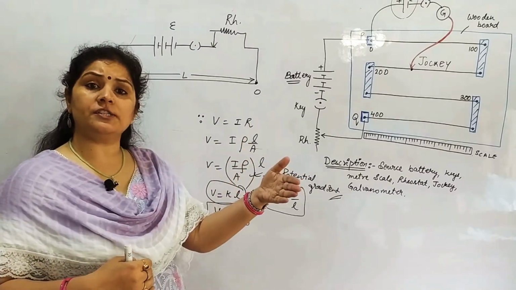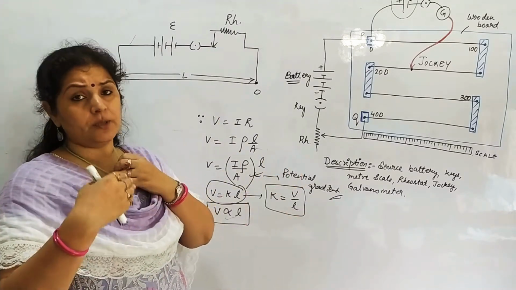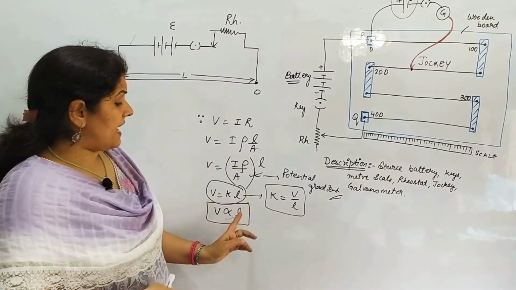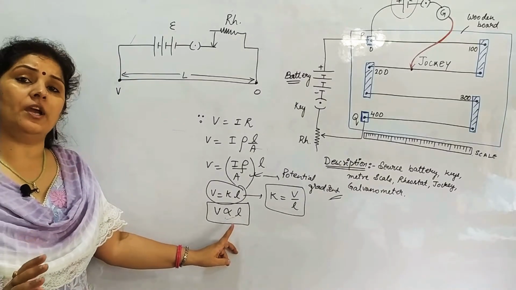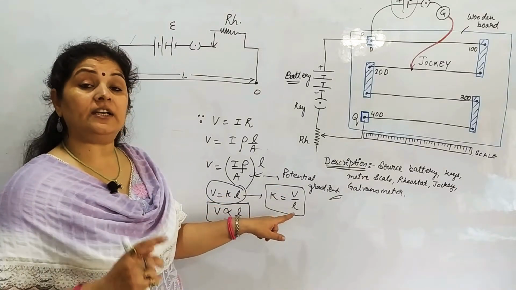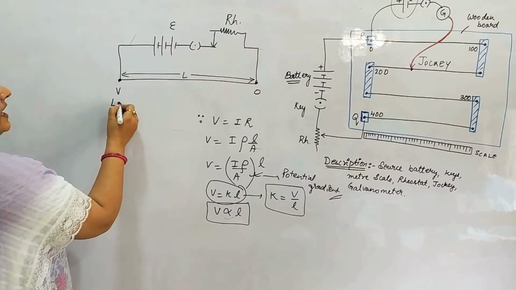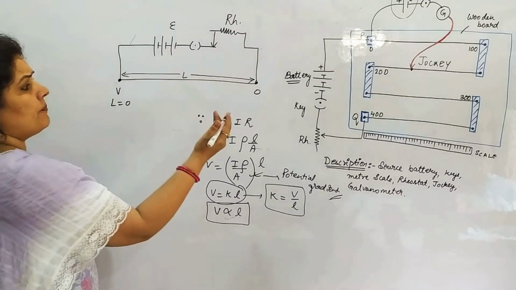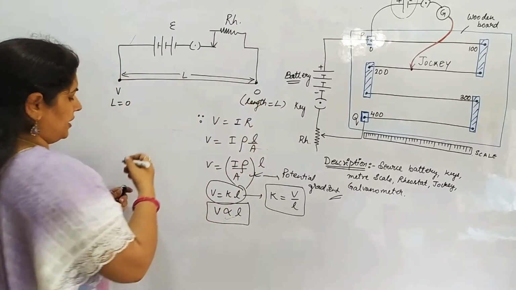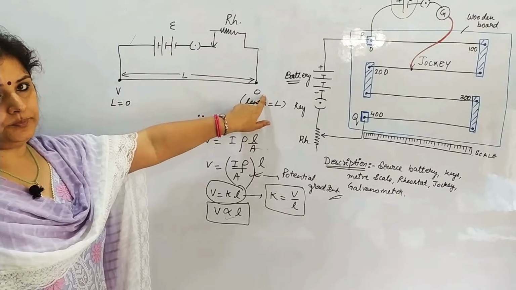So we have studied about velocity gradient, how velocity reduces. We have learned about pressure gradient, pressure per unit length. Similarly we have potential gradient. So how potential drops as we increase the length, that is what we are going to study. So V is proportional to L, or we say that the potential gradient is potential per unit length. So if we take length from 0 to maximum length L here, the potential goes on dropping and it becomes 0 here, right?